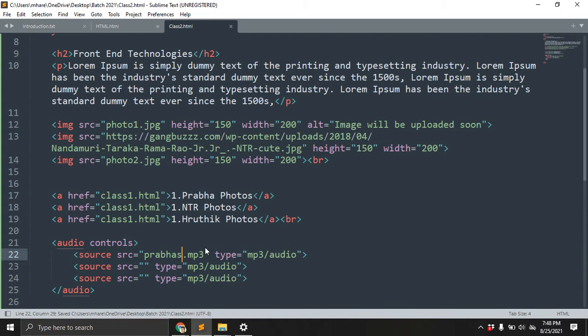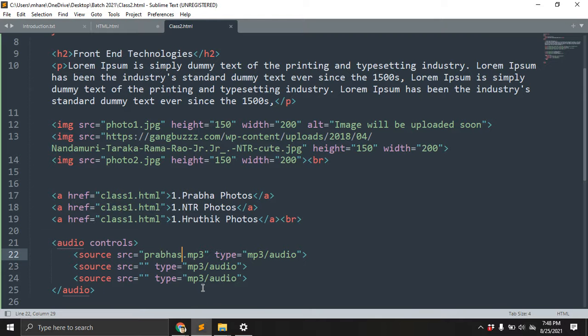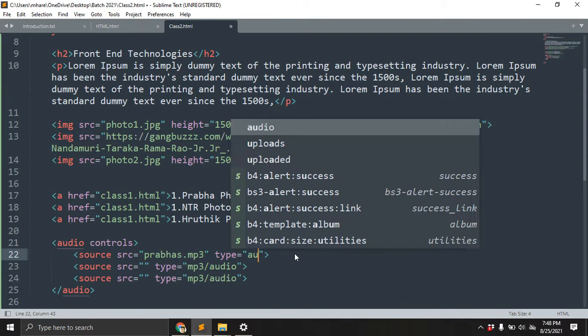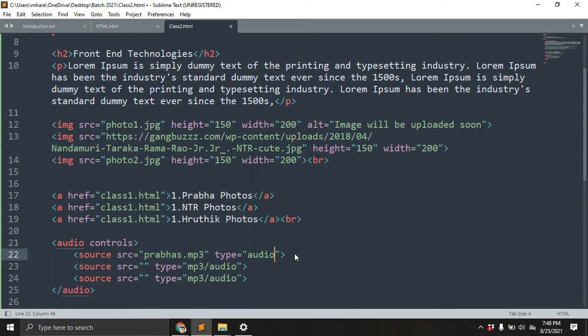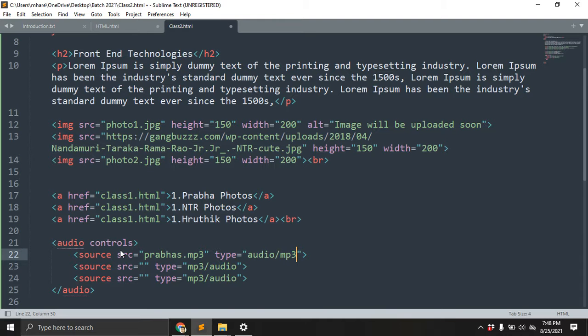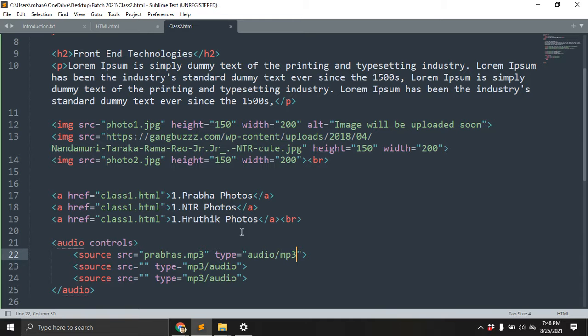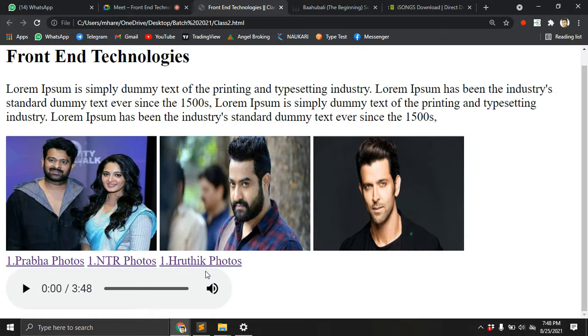Let's save. Wait a second. You can see here I'm changing the audio and MP3 here. Let's see. Please listen, guys, when the song will be playing.